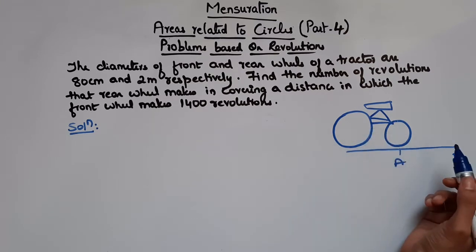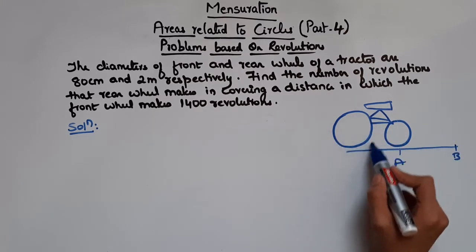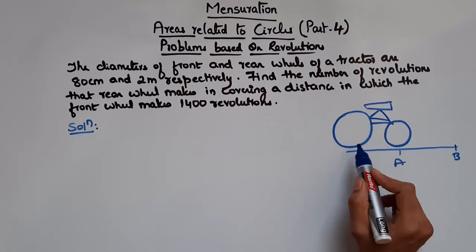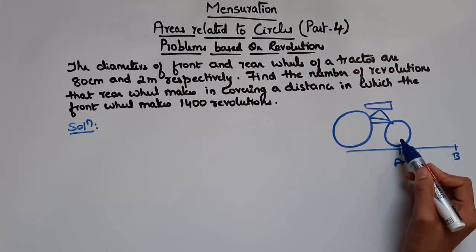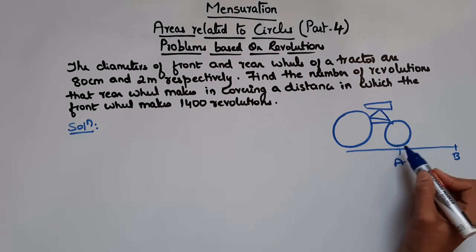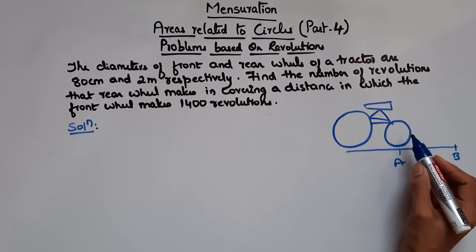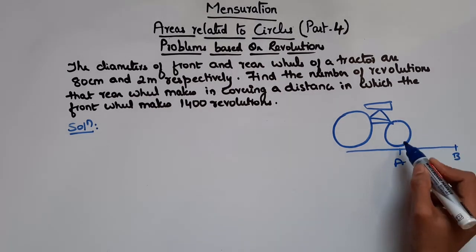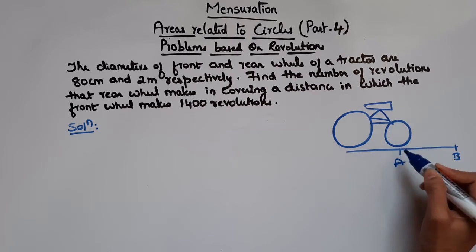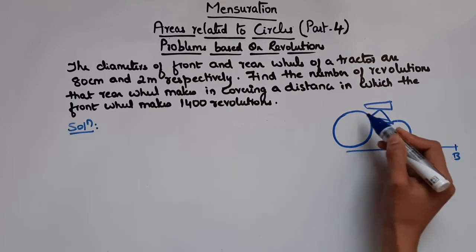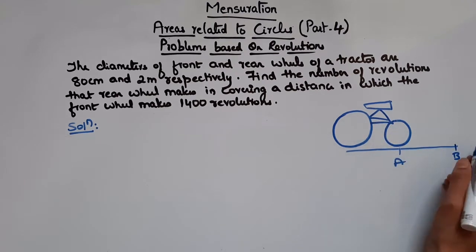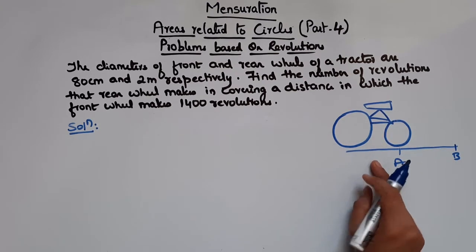Because their radii are different. We know for one revolution it moves 2 pi r, that is the circumference of the wheel. Same applies to this. So for one revolution, the distance moved by the smaller wheel is its circumference, that is 2 pi r. So for the smaller wheel to cover this distance, the number of revolutions is more when compared to the bigger wheel. Right? I hope you are getting my point. So by keeping this concept in mind, let's see what it is saying.